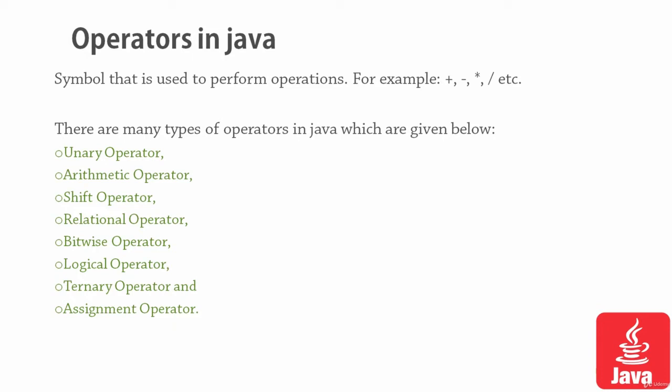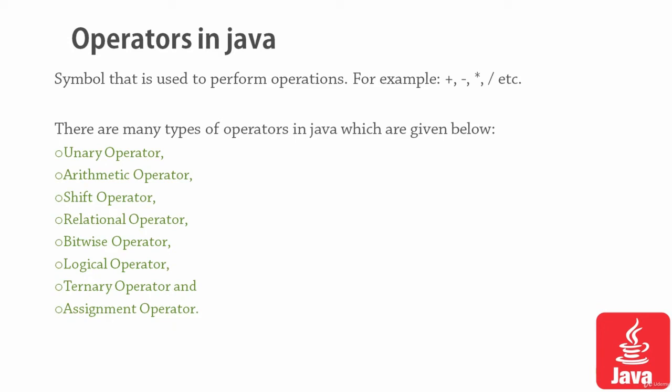The unary operators are operators which are performed on a single variable. Suppose we want to add two numbers, we have two variables. And if we want to increment or decrement the value of a variable, suppose our variable stores a value 10 and we want to increment it to 11 or 12, we can use this unary operator. Or if we want to decrease it, we can do so. Similarly, an arithmetic operation is done between two variables and the result is stored in a third variable, like addition, subtraction, multiplication, division, modulus, and more.